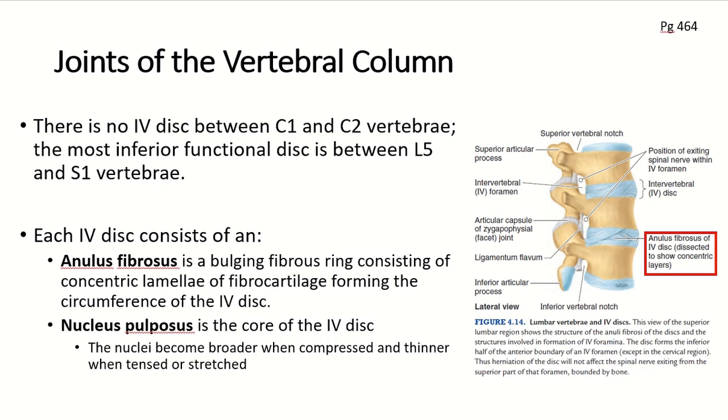And the nucleus pulposus, which is Latin for pulp or fleshy, is the core of the intervertebral disc. And at birth, these pulpy nuclei are about 88% water and are initially more cartilaginous than fibrous. And that semi-fluid nature of the nucleus pulposus gives the vertebra the flexibility as well as the resiliency to the vertebral column as a whole.